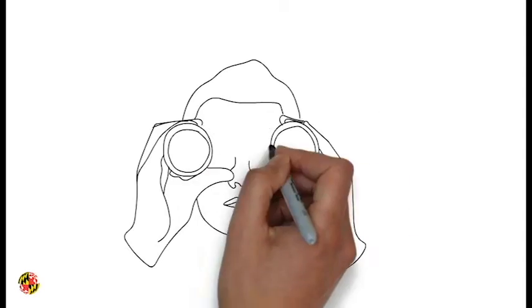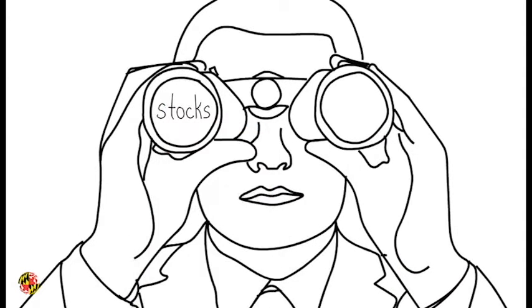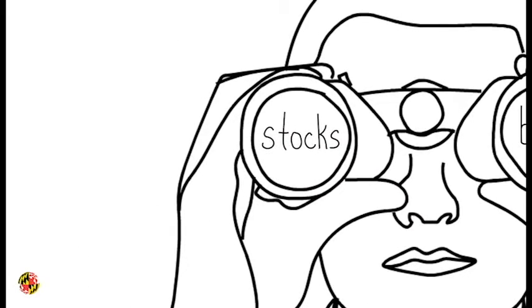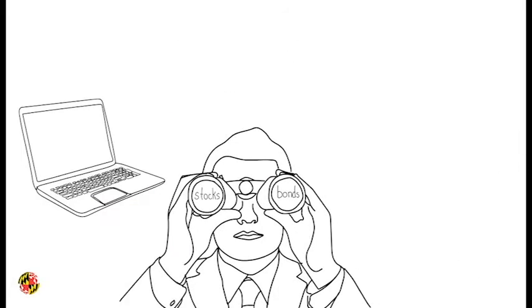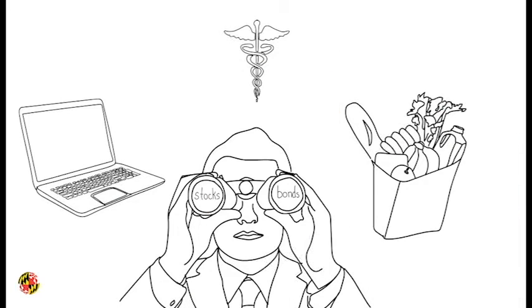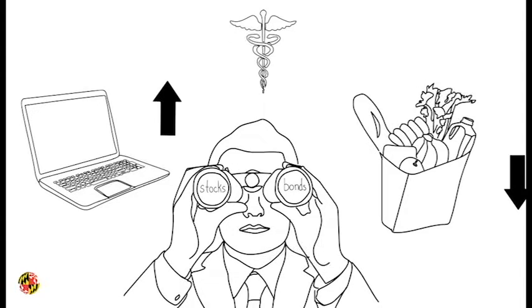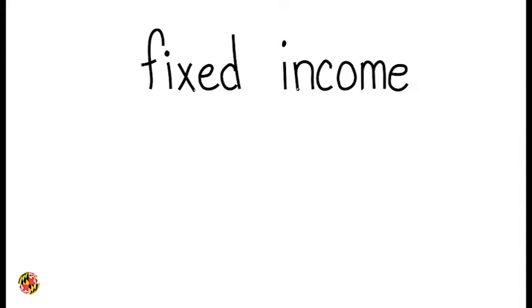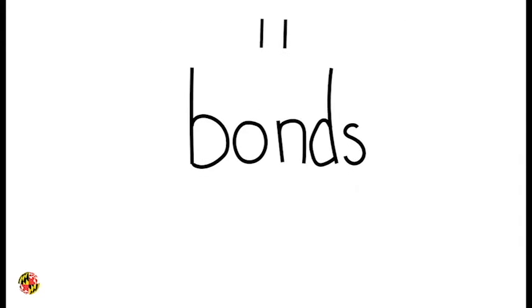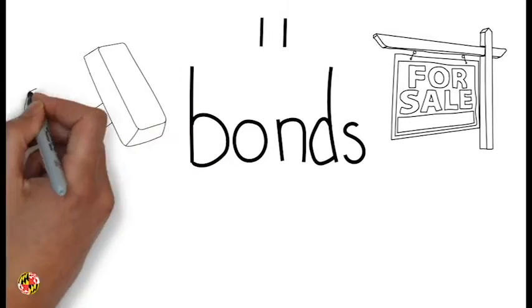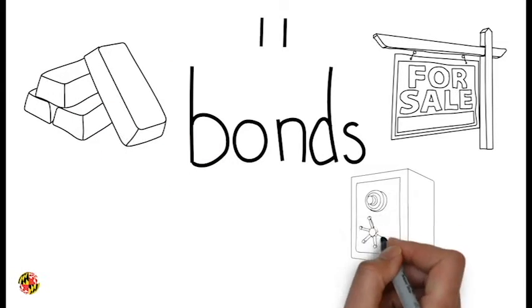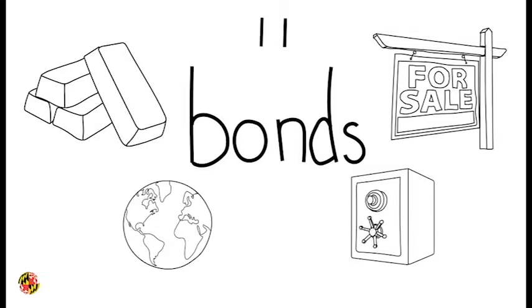So, how do you achieve diversification? You must look at both stocks and bonds. For stocks, you want to invest in multiple industries like technology, consumer goods, healthcare. For example, if tech company stocks drop, well, maybe consumer goods stocks will perform exceptionally well. If consumer goods stocks aren't doing well, maybe telecom will soar. And investors should also have fixed income securities like bonds. Other options investors have are real estate, commodities like precious metals, super safe treasury securities, and foreign company and foreign government investments.